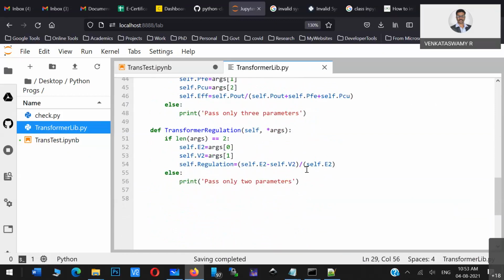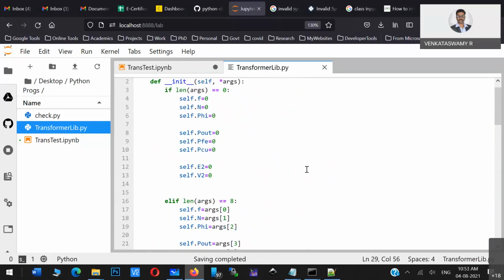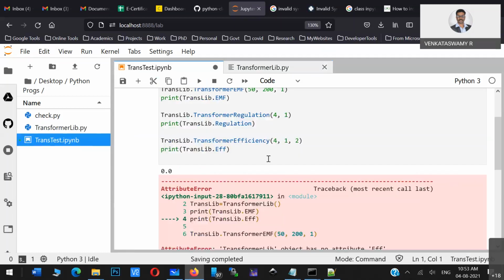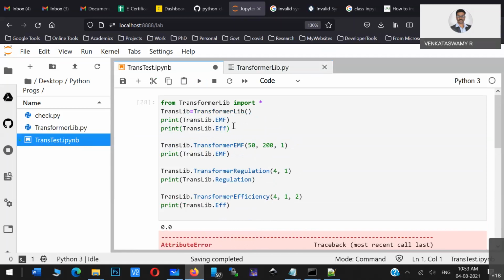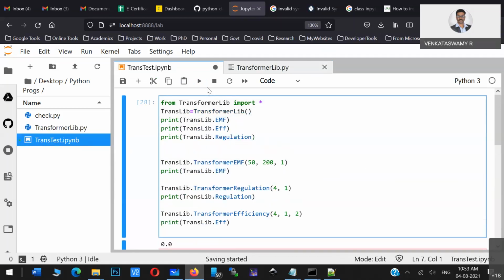I'll take another 2 minutes. If I could rectify this, then fine. Otherwise, we'll see. We'll hold it, and I'll pass it to your mail. So I think if anybody rectifies this, then that would be fine. That efficiency and regulation, it is not getting solved in the constructor itself.